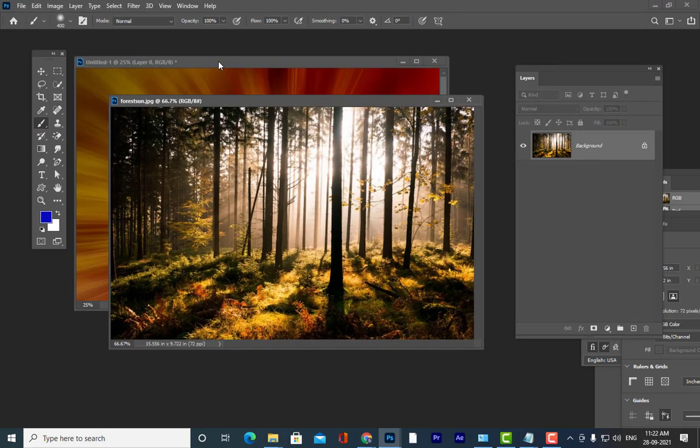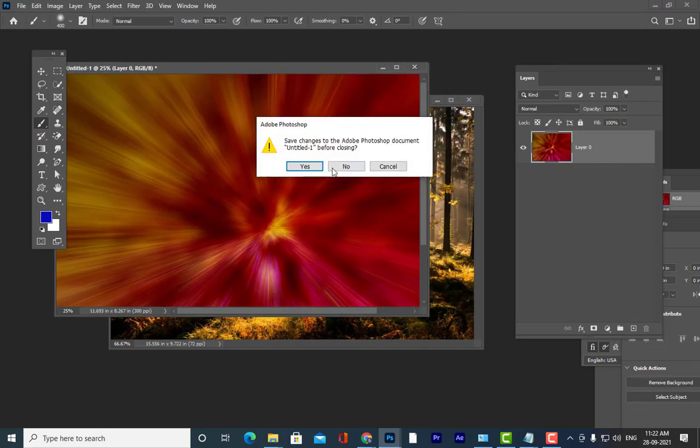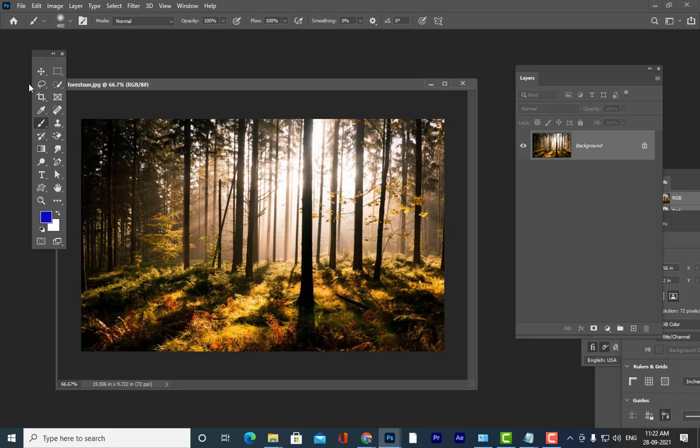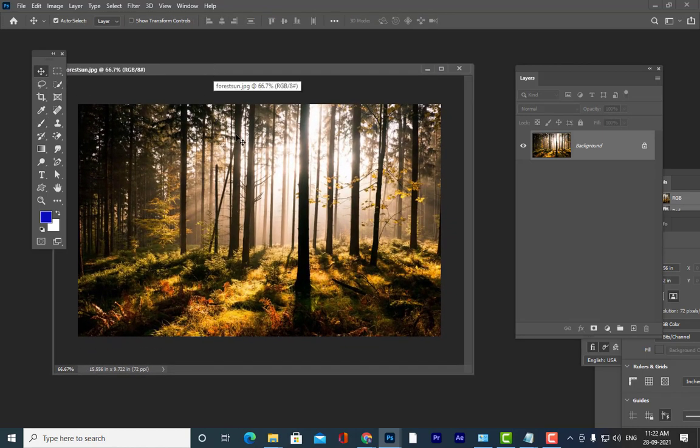Here I have taken an image. This is an image of a forest where we can find bright sunlight, and this sunlight is coming out of these woods, or you can say trees. Are you all able to understand? Are you all listening?